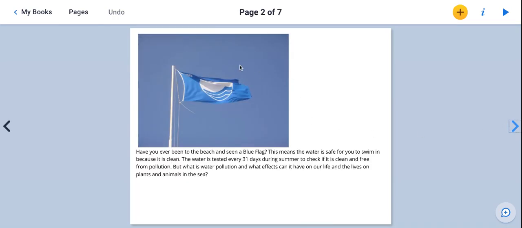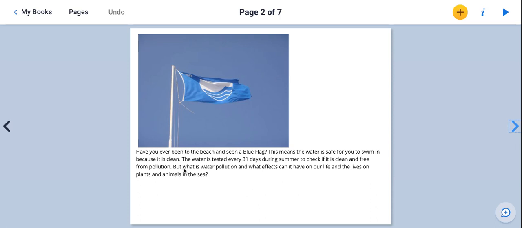Have you ever been to a beach and seen a blue flag like this? Did you know that when you see a blue flag like this, it means the water is safe for you to swim in because the water is clean? The water is tested every 31 days in Ireland during summer to check that it's clean and free from pollution, which means it's okay for you to go in and paddle your feet or have a swim if there's a